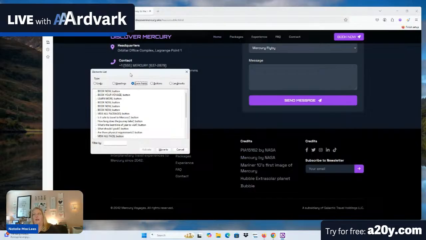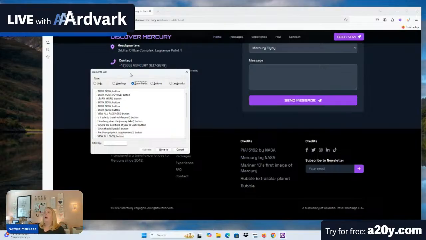All right, so another way that we can get around the page is by looking at just the form fields. So if I know that this is a page I've come to and I just want to fill in a form, like I'm trying to get in touch with somebody, I'm on their contact page, for example, or I'm on a page to fill out an application for something, I may just be interested in what the form fields are. Like, let's just get this form filled in. I don't want to be distracted by all this other content. So you can just skip directly to this form field section